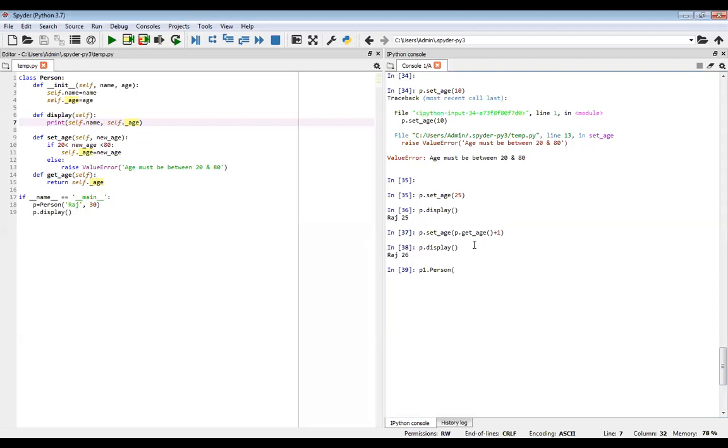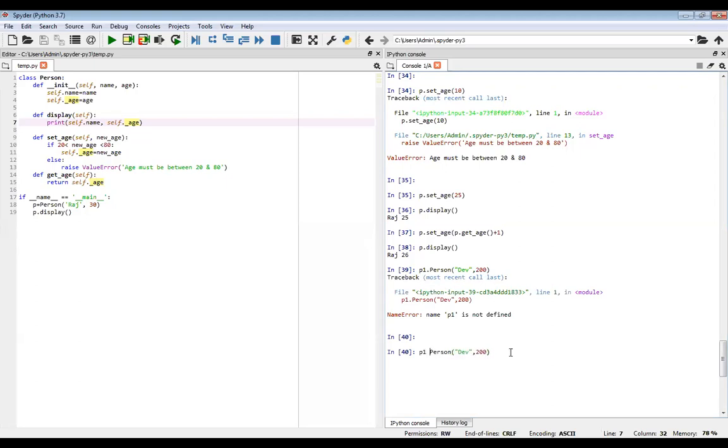I am creating a new instance here. How do we create an instance?